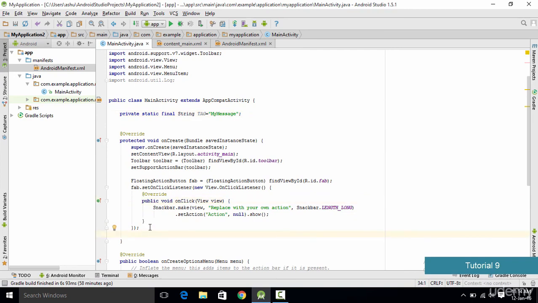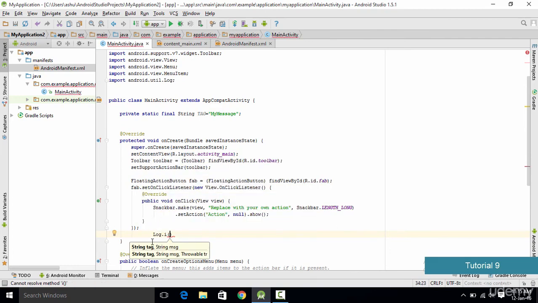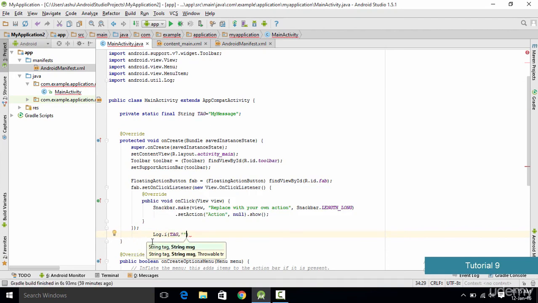Now once we are done with this, the next thing is, as we need to print out the log information in the onCreate method or the onCreate state, we go inside this onCreate, and inside it we type the basic log information. In order to display the log information, we type Log.i, and it is going to contain two parameters. The first parameter is going to be the string, which in this case is nothing but the TAG, and the next thing we want to print out is the state. For example, in this case we want to print out onCreate, so we just copy this and paste it so that we could understand that the activity has entered the onCreate state. Now just give a semicolon.